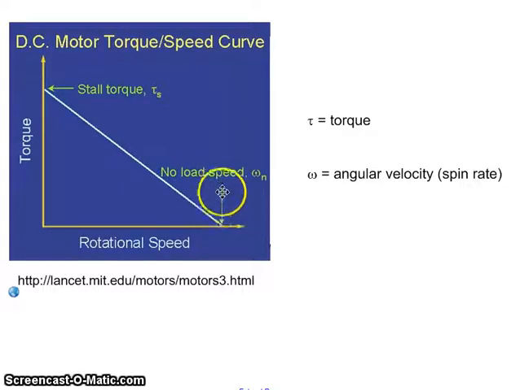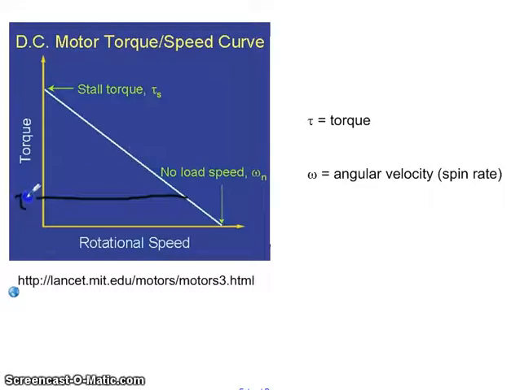This point right here is the no load speed, so the torque value would be 0, and you'd have your maximum value of rotational speed, so the spin rate of the motor would be greatest right there. And then if the torque were to increase, let's pick a point here. Let's pick, say, the torque were to increase to this value here. I'm trying to draw a straight line. If that was the torque,